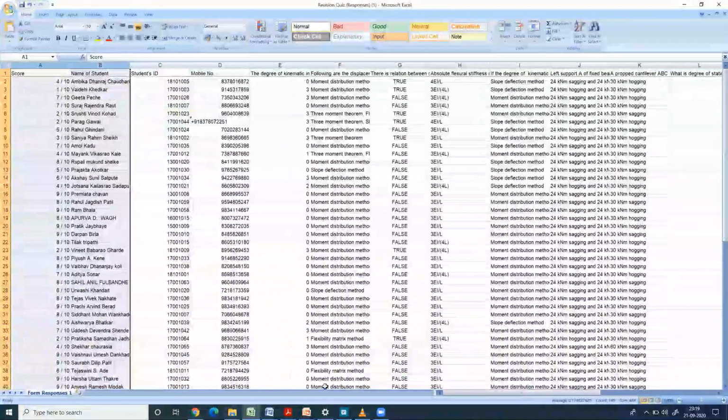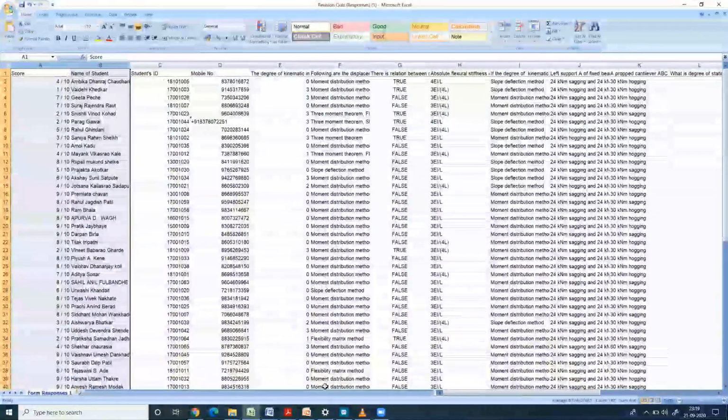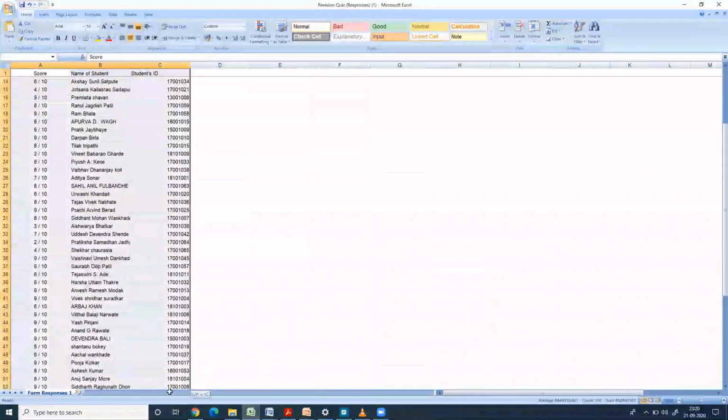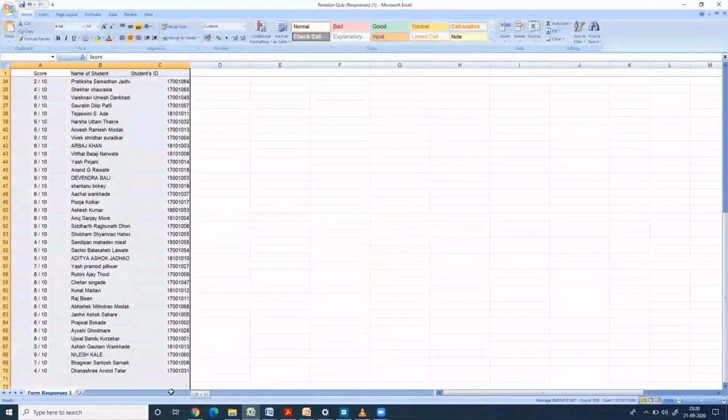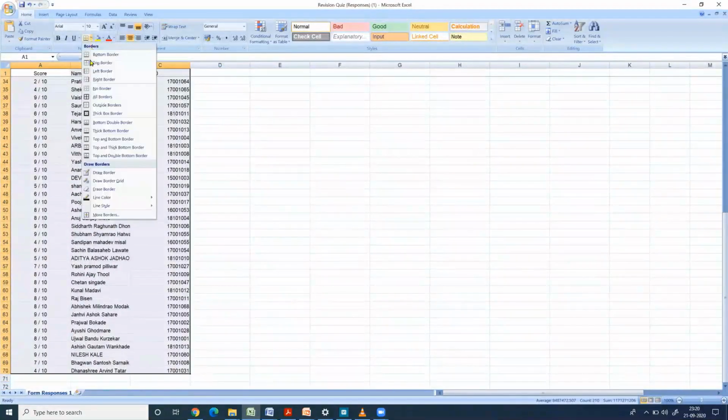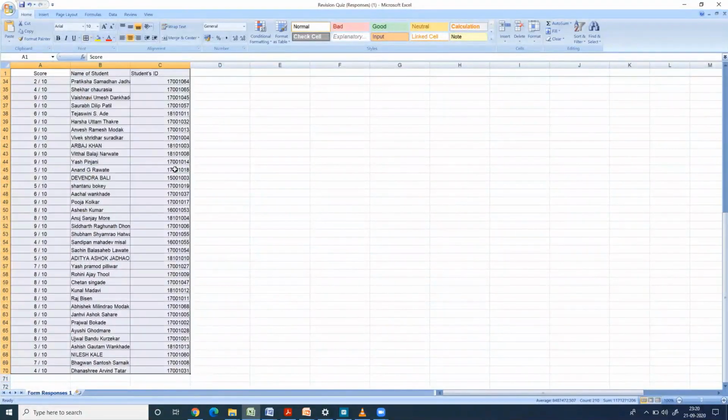So let us see how the result can be rearranged. Now I have removed all unnecessary fields, and now I can again rearrange this as per requirement. So I will rearrange like this. I want student ID on this side and score on this side.